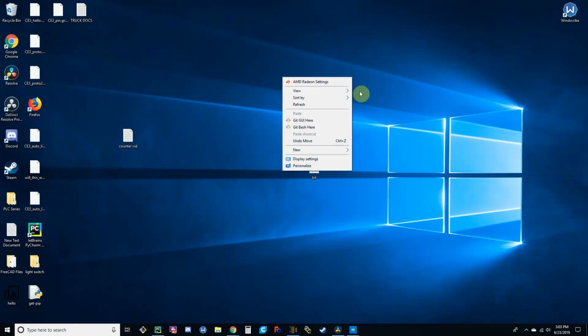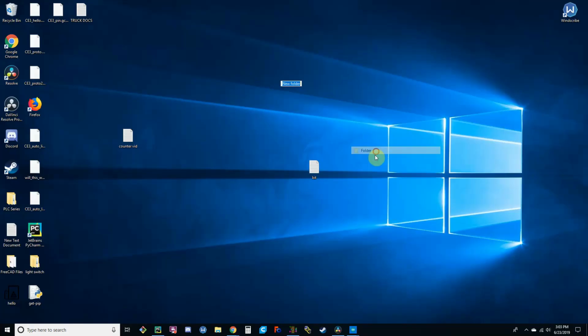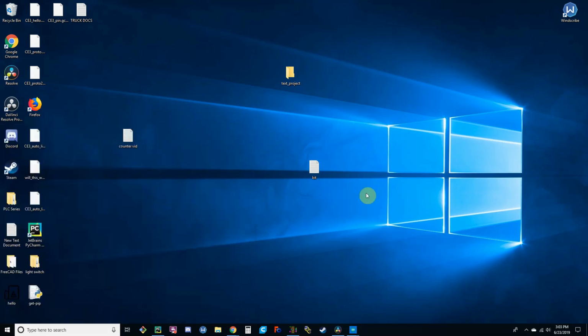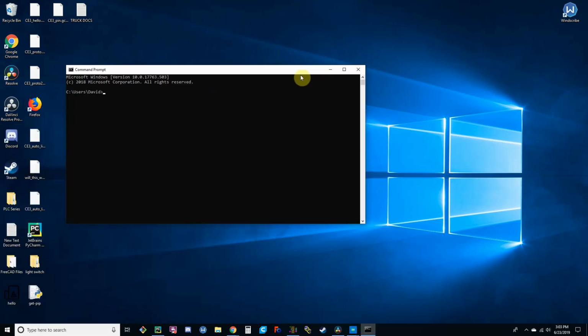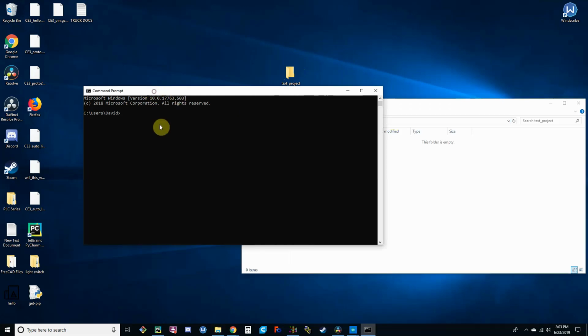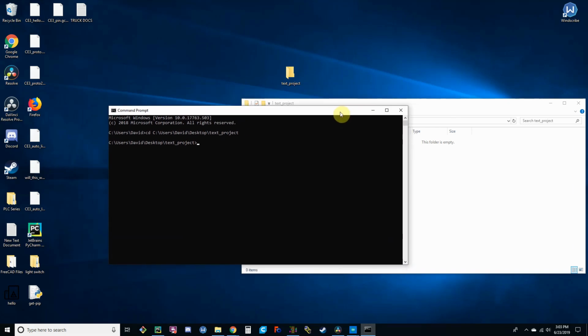I'm just going to quickly create a new folder for our project, and we'll just call this text project. I'm going to open up my command line. Go over here. I'm going to get the path to here. I'm going to go to the path, or excuse me, go to this location. And then I'm going to